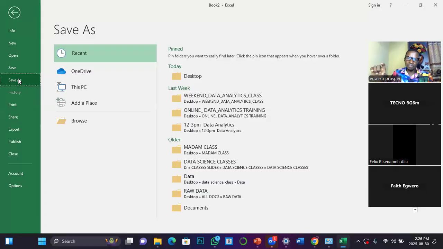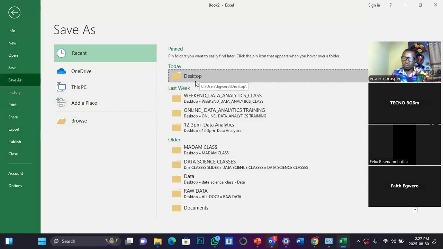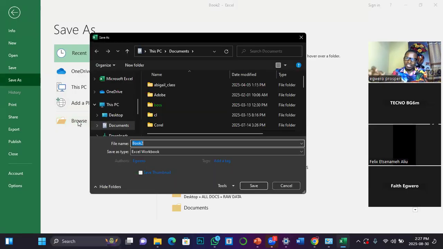When you are saving, you must understand the different directories within your system. The word directory means storage. If the file is not confidential enough that I'm trying to hide it from people, I can save it on the desktop. But if it is going to be confidential data, please do not save on the desktop. Go to Browse in order to access other storage. Then from here, I can say Documents, and then change the name from Book 1 to, say, Inventory.